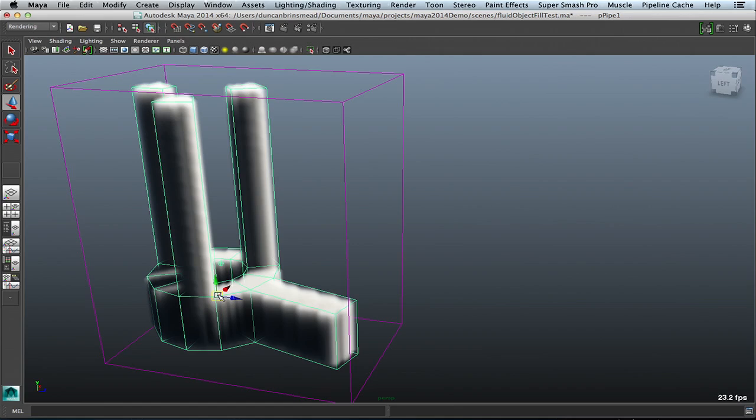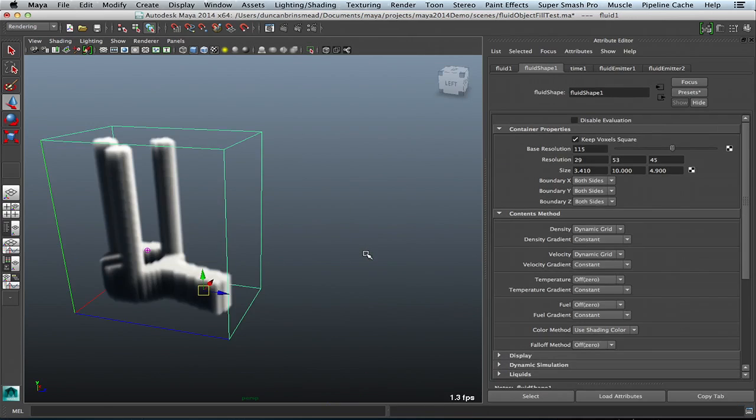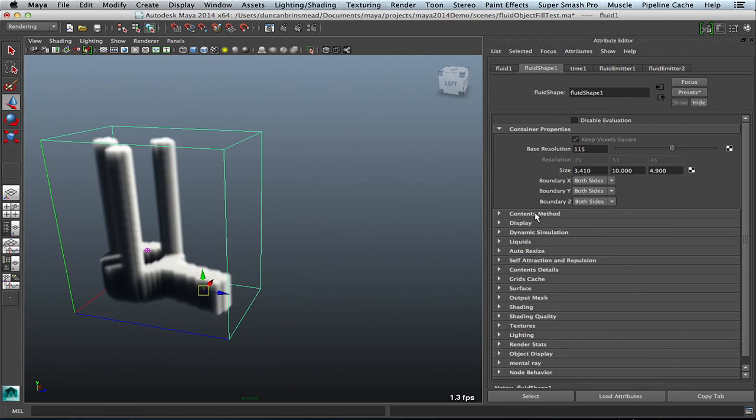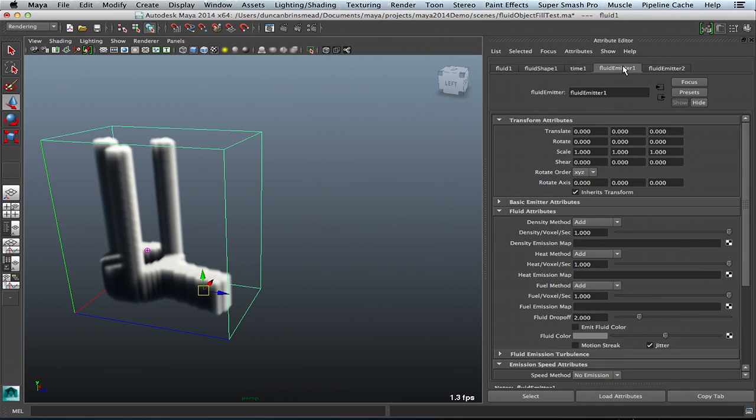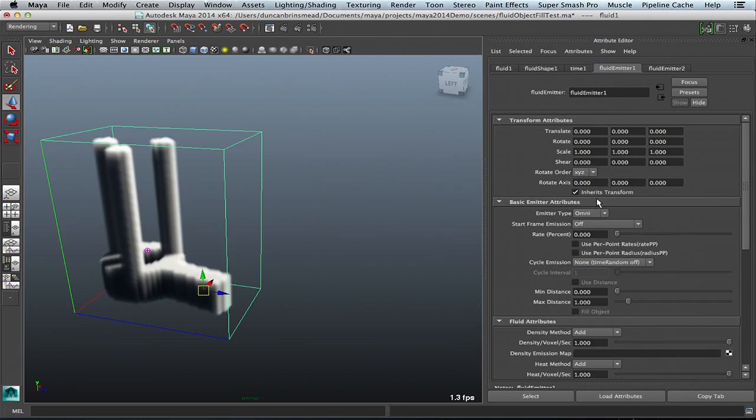I'm at frame 0 right now, right? If we look at the fluid, under the emitter, under the basic emitter attributes, we now have, I guess it's this emitter 2. Yeah, so you see we have a fill object tab, and on the fluid menu you can attach an